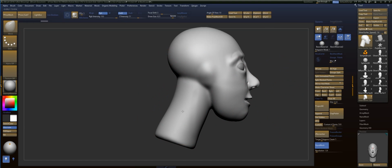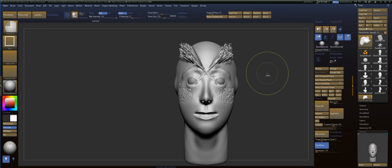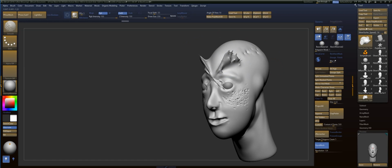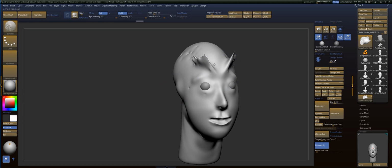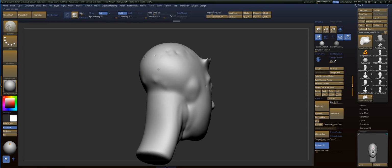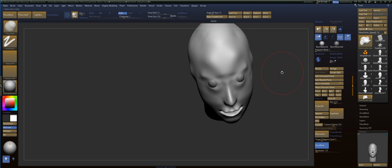Okay, so first thing I want to do is fix this neck, and I don't ever want you to send me anything with all this empty space. Okay, we need to fill it in and dynamesh it. Why is this taking so long? Just fix it. We'll just fix it. Yeah, so make sure whenever you're sculpting you have that widget and you confirm that you are sculpting in the right angle. Okay. Alrighty. So